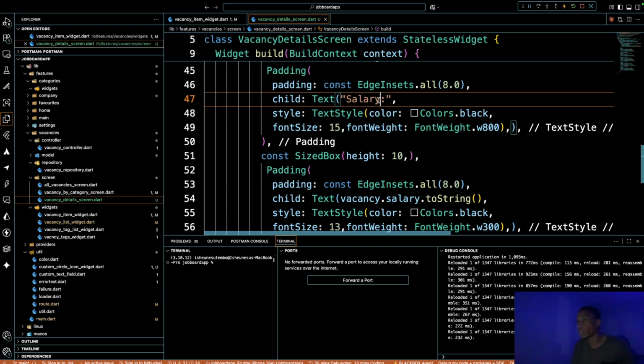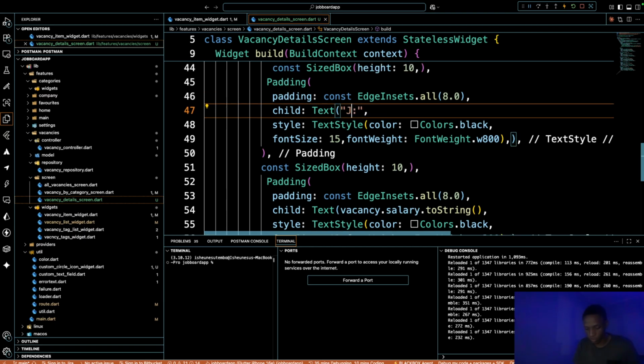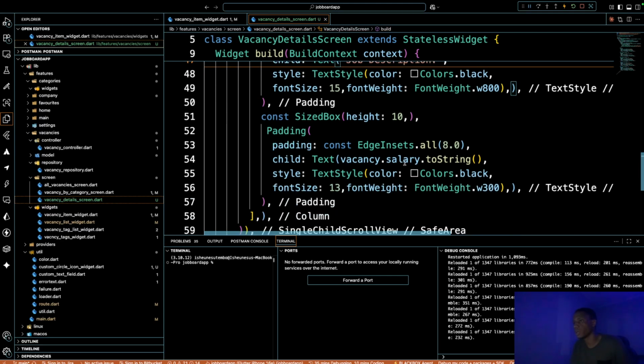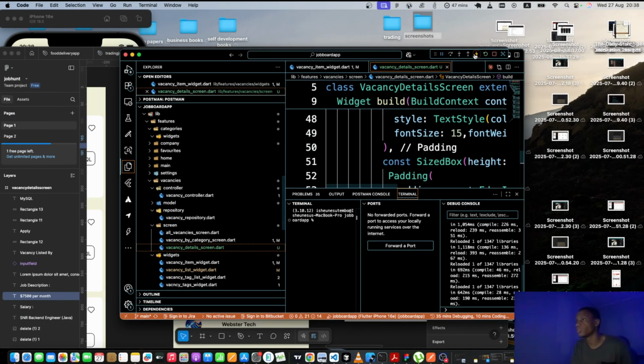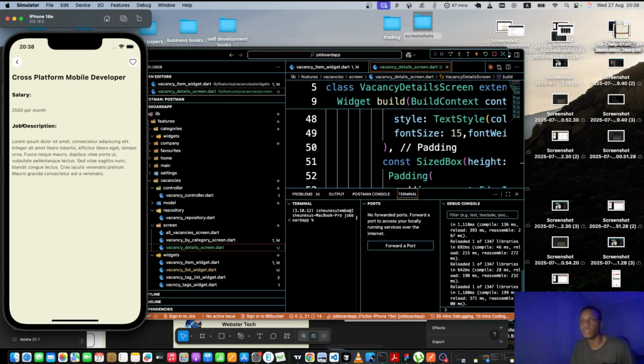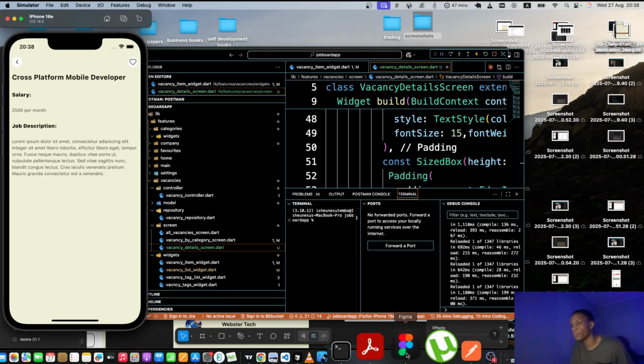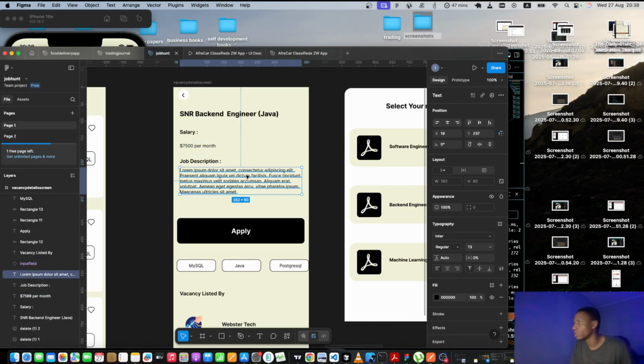And then I'm going to change it from salary to job description, because it's almost the same, right? Job description, and then I'm going to change this from salary to description. So now if we reload our application, you can see we now have a job description, and then we have this right here. And then the next thing that we also need, if we go back to our Figma,